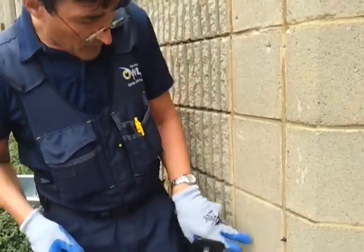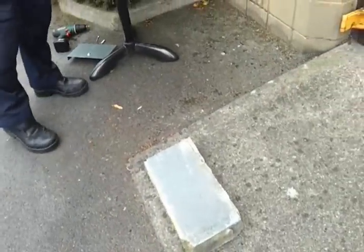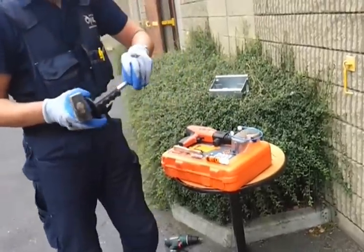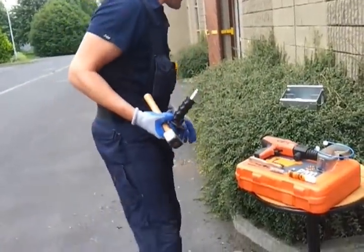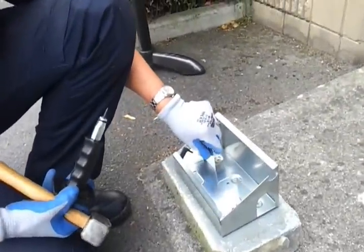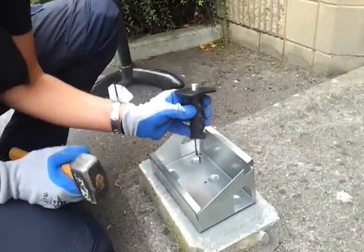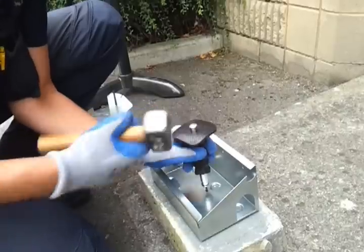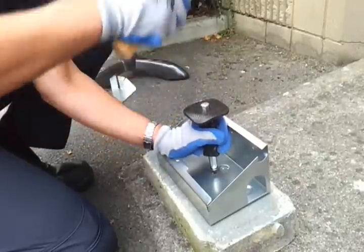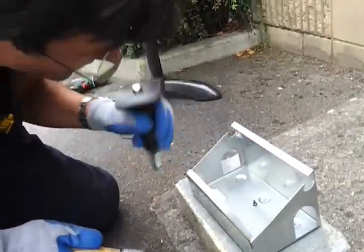Okay. Now if you want to use it on concrete blocks, I'm going to show you with another nail how we do this. So again, I put the nail onto the tool and I take my rodent box there, and that's another concrete block. So I remove the insert again for safety, and I pick one of the holes there. There's a few on the box, but let's say this one, and I'm going to give it a few knocks. You need very little,